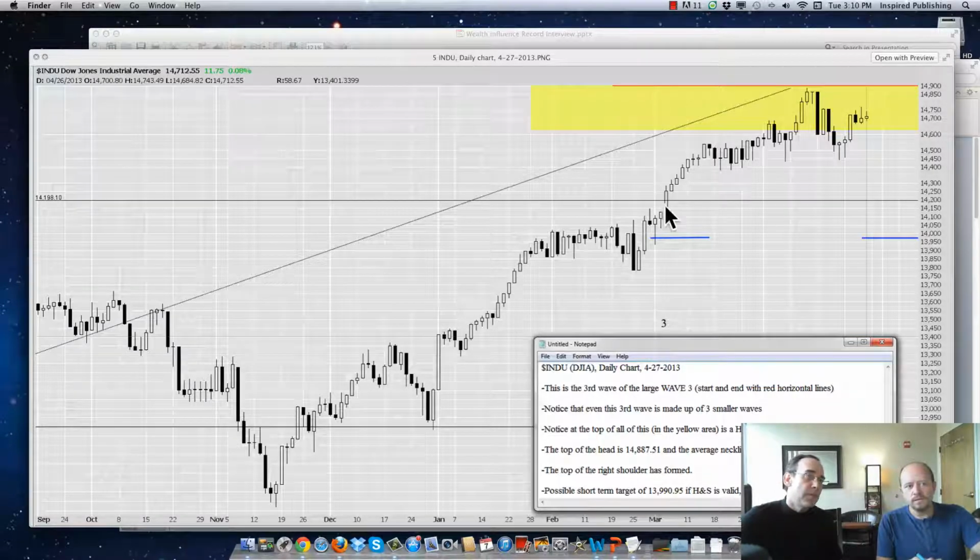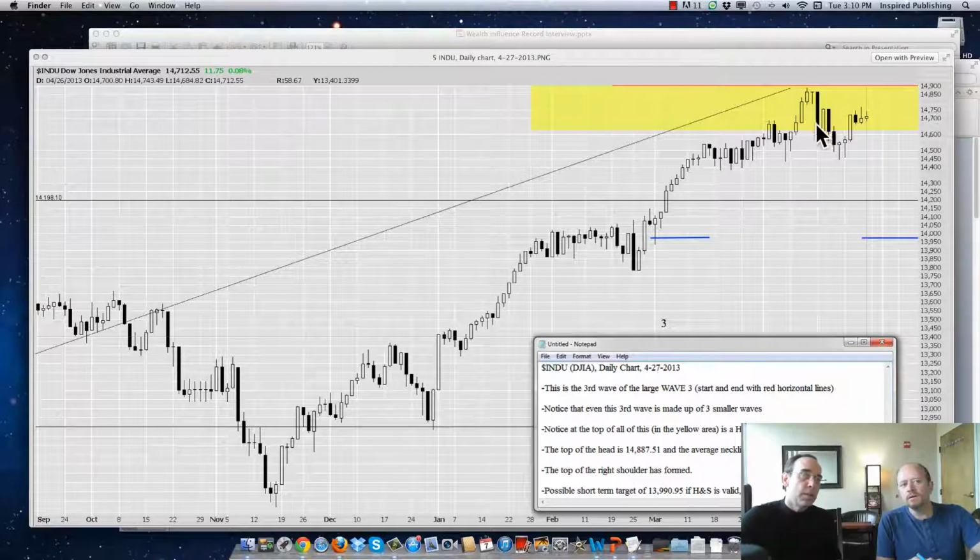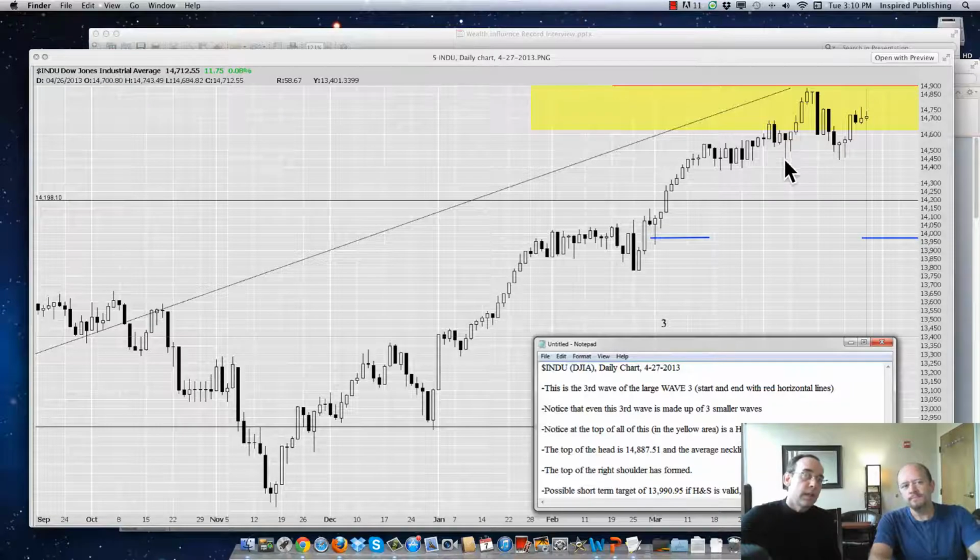And at the top of that wave, we showed this head and shoulders pattern forming. It's actually kind of nice. We have the left shoulder up here, the left neckline, the top of the head, the right side neckline, which we would average those two, and at the time that we did that video, we were at the top of the right shoulder. And remember what I said at the beginning of this head and shoulders discussion: this pattern is not completed until it comes back down to the neckline.